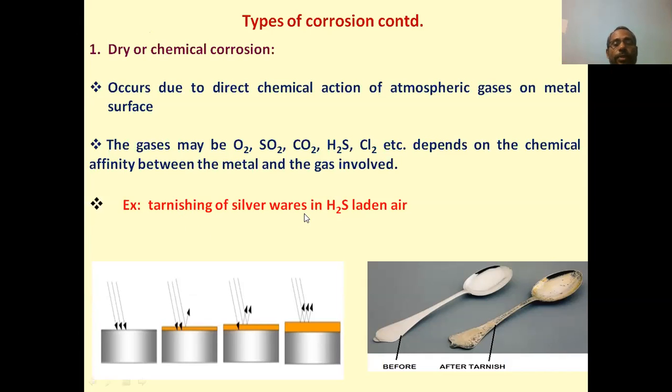An example is the tarnishing of silver materials in the presence of H2S gas. This is what tarnishing is. This is pure silver, and it undergoes tarnishing in the presence of hydrogen sulfide. In one of the previous slides I told you, silver sulfide is formed here. Another example, a pure metal exposed to the atmosphere, to atmospheric gases. When the metal reacts with the atmospheric gases, a thin layer of corrosion product is formed. With more exposure time, the thickness of the corrosion product increases. But all this takes place in the absence of an aqueous medium. That's why it is called dry corrosion.